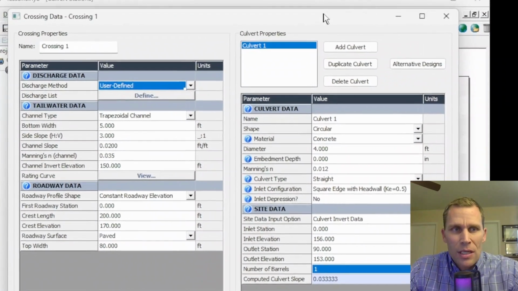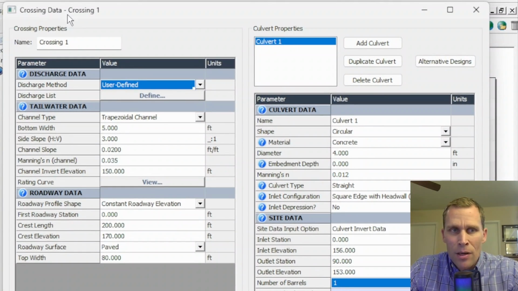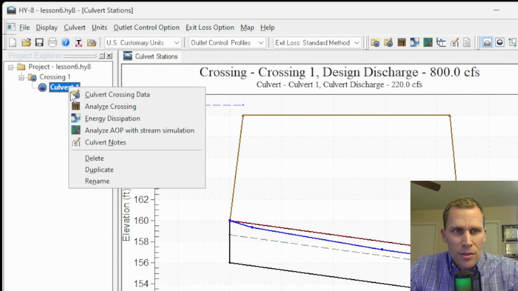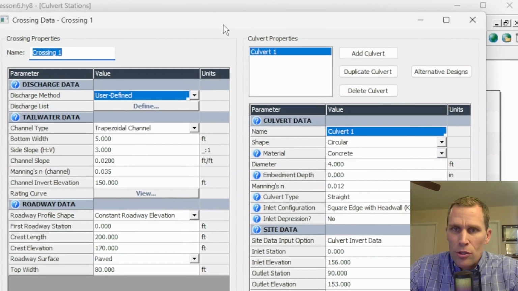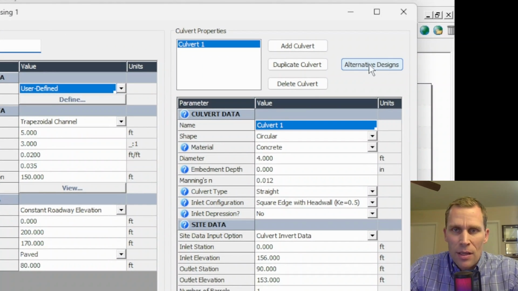What I have on the screen is my crossing data dialog box for crossing 1. I'm going to close that and open it back up by just going up to edit the culvert crossing data. Here we are. The alternative design button is right over here in the top right section of this dialog box. The alternative design feature assists modelers to determine the optimal culvert size while complying with specified design requirements. The details for this feature are covered in section 4.8, chapter 4, section 8 of the user's manual that begins